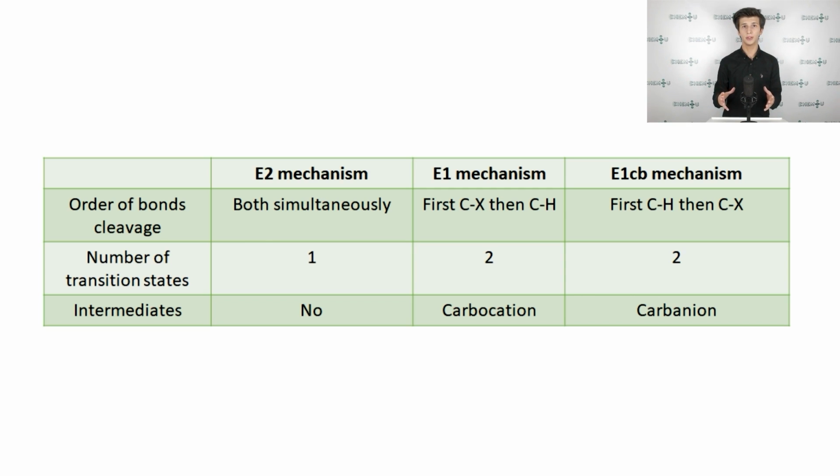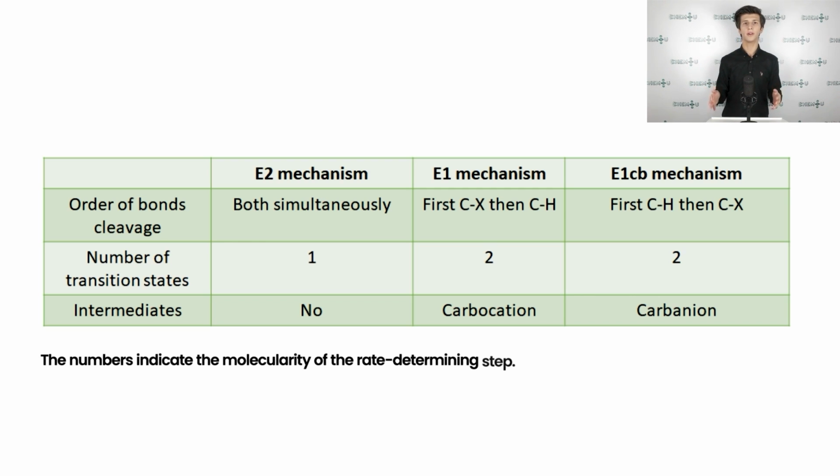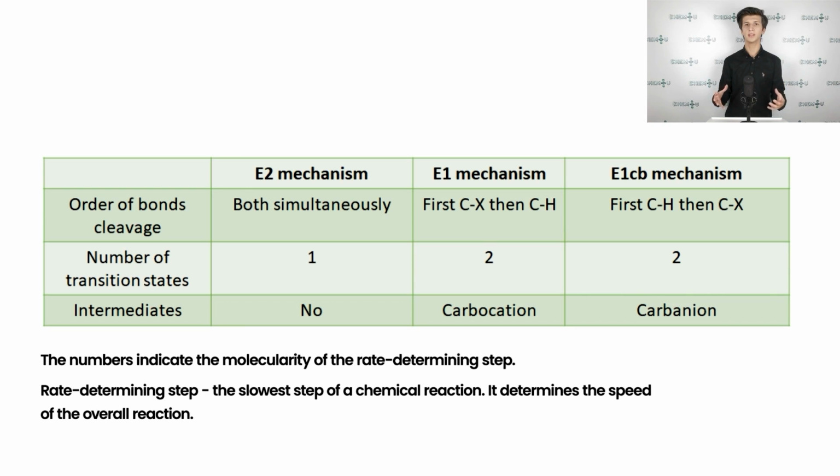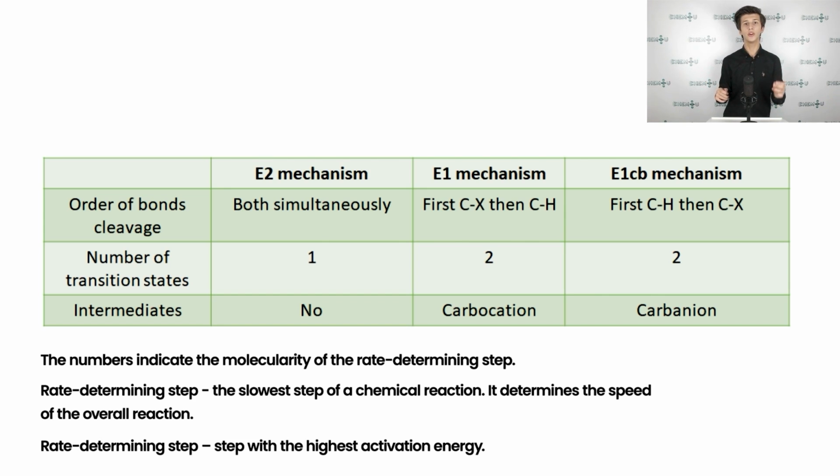The same pattern you have learned while dealing with nucleophilic substitution mechanisms. But what do these numbers tell us? These numbers indicate the molecularity of the rate determining step. The rate determining step is the slowest step of a chemical reaction that determines the speed at which the overall reaction proceeds. For reactions that include more than one elementary step, the rate determining one is that with the highest